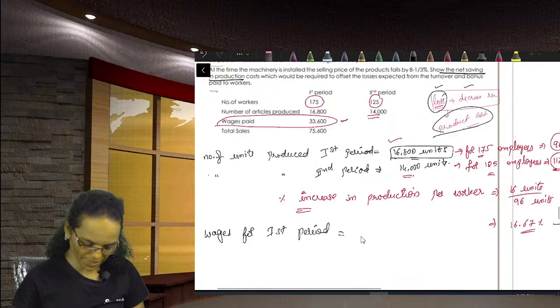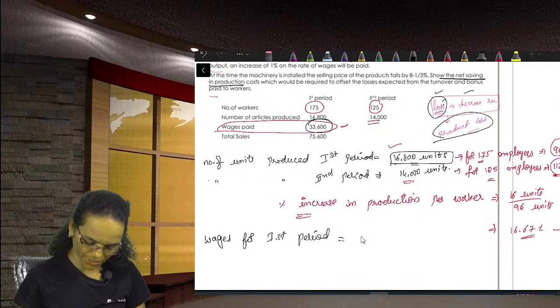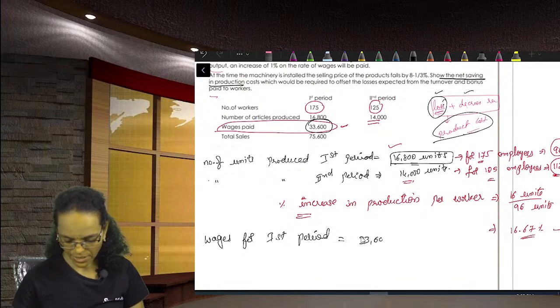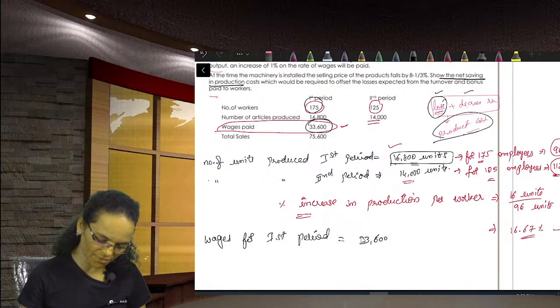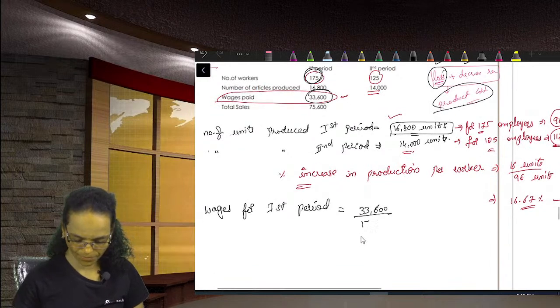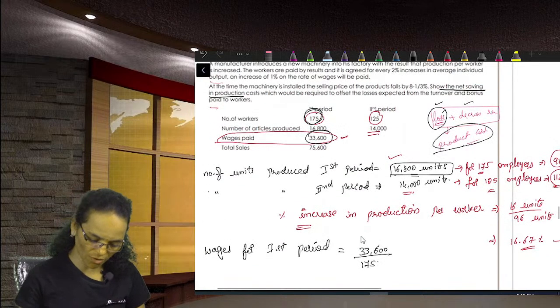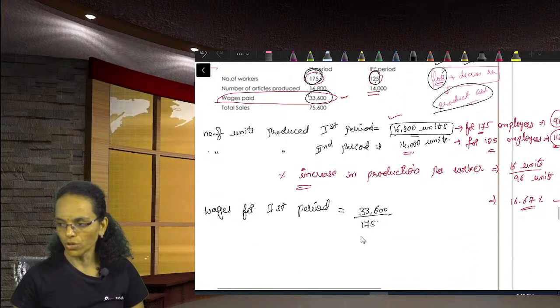How much wages we paid? 33,600 rupees we paid. That time we had 175 employees, but now we have 125. So